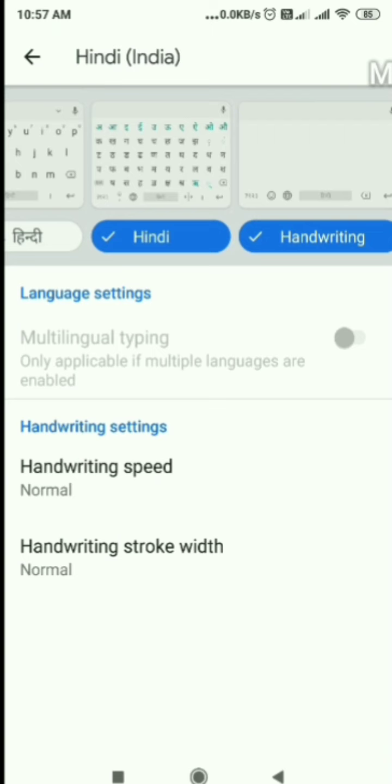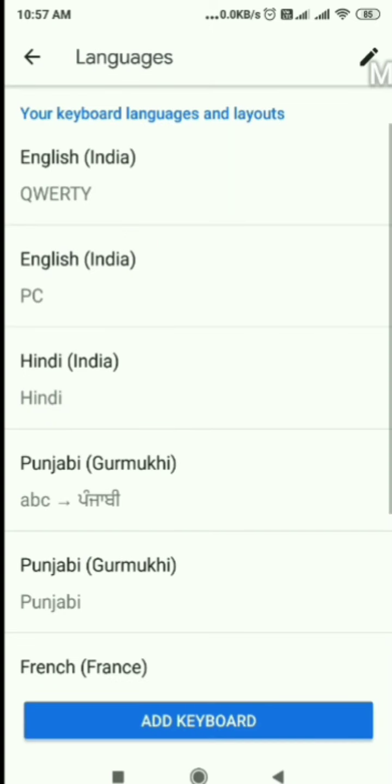What next? Handwriting speed normal, handwriting stroke width normal, language setting multilingual typing only applicable if multiple languages are enabled. You don't need to tap any of these. Let's get back to our previous screen.